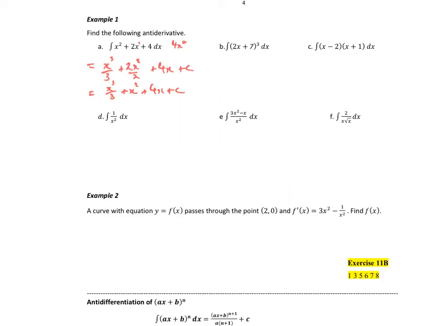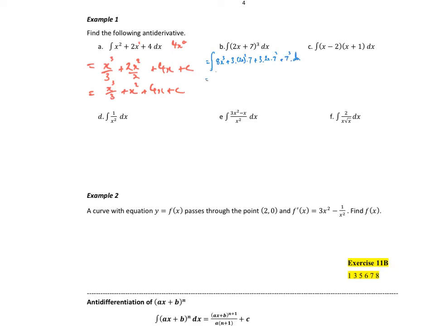So at this point in time, let's expand our brackets. So that's equal to the antiderivative of the first term cubed, which is 8x cubed, plus 3 times 2x squared, which is 4x squared, times 7, plus 3 times 2x times 7 squared, plus 7 cubed, dx, which